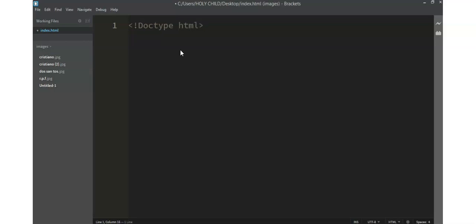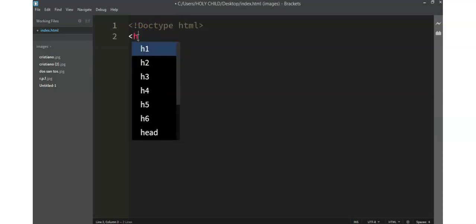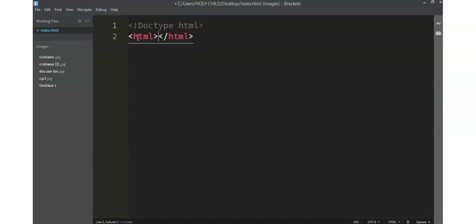HTML. Good. Then this first tag we have here, doctype HTML, is used to specify that this file is an HTML document. The next thing that follows is the HTML element. Okay, so we press enter, it creates an open tag and closes it. Inside the HTML element we have the head tag,